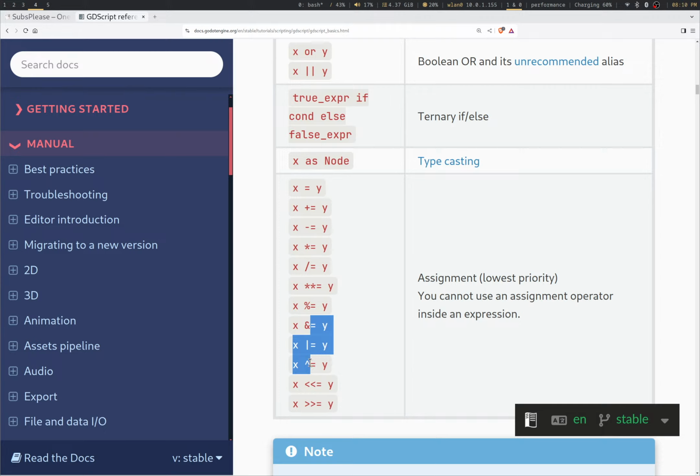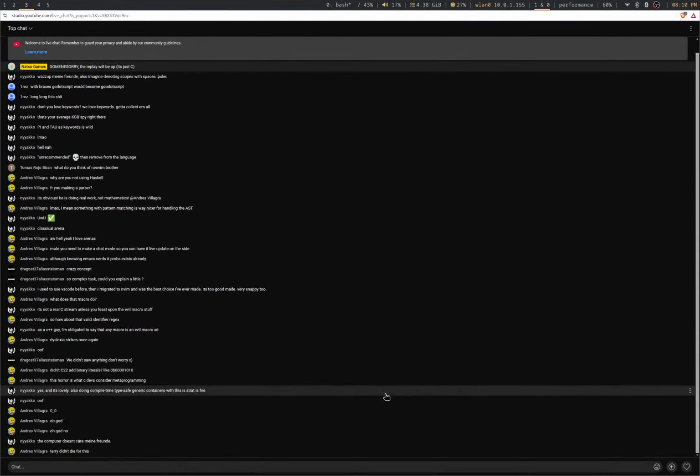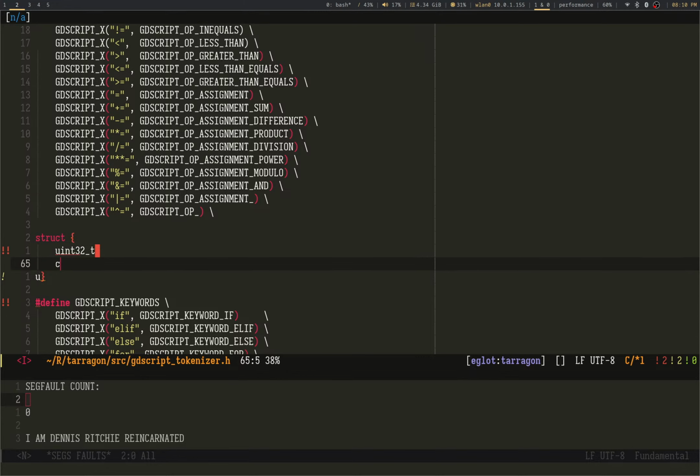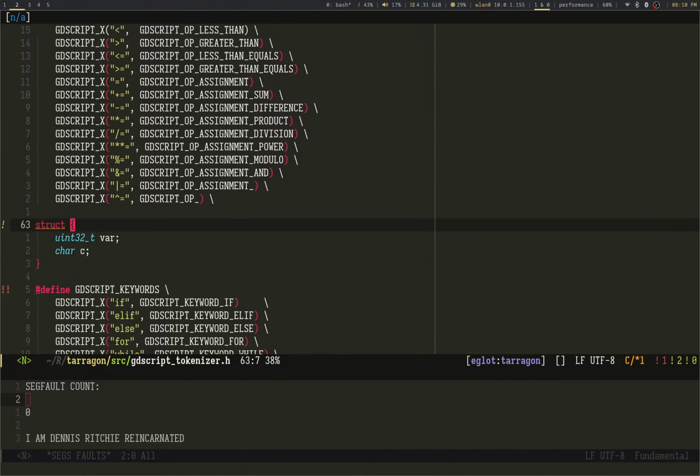Are these bitwise or Boolean? Oh, they have to be bitwise. They gotta be bitwise. Terry didn't die for this. The computer doesn't care. Actually, the computer does care. I was having some alignment issues. If you have your struct, you got your U32, and then I had a char right after. The computer cares.